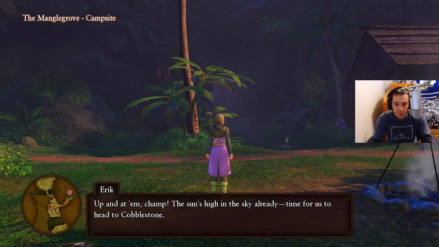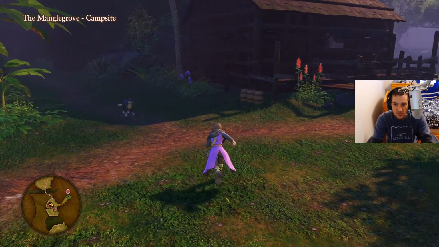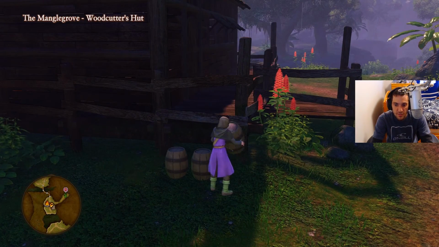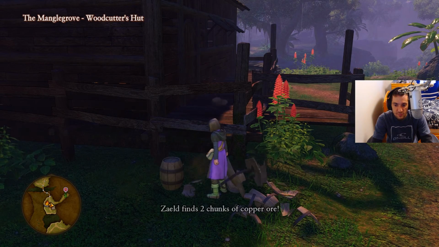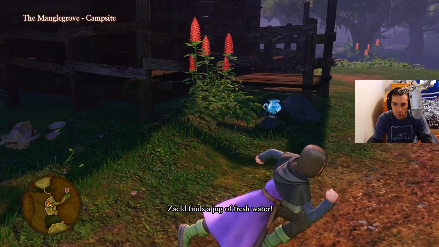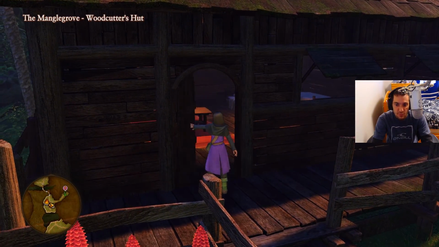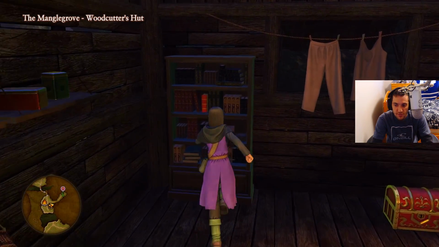Okay, so up and at 'em, champ. The sun's high in the sky already. Time for us to hit a cobblestone. So before we start going and making a weapon, let's get some materials: copper ore, flintstone, and fresh water. And inside this wooden hut, we're gonna actually learn even more recipes. So we're gonna grab this book here,